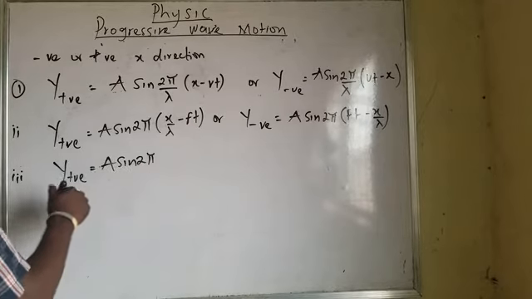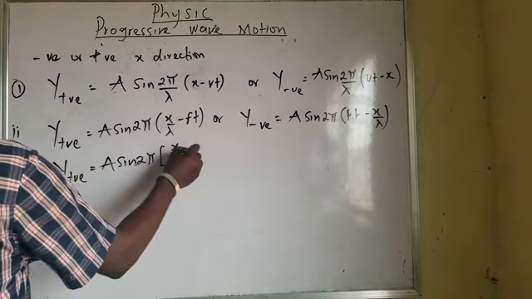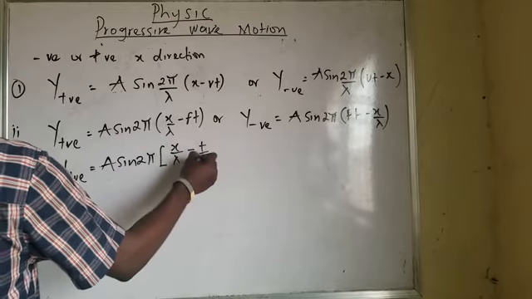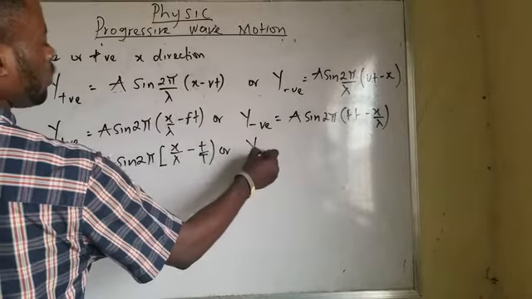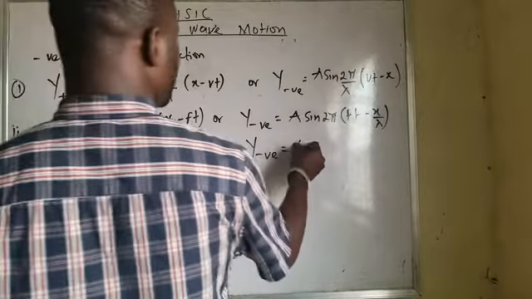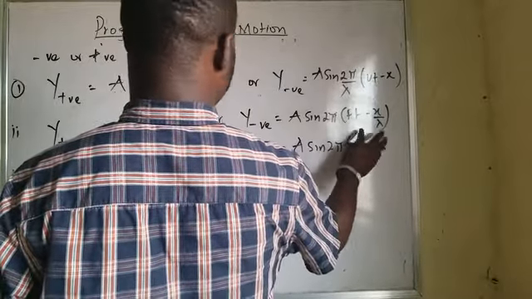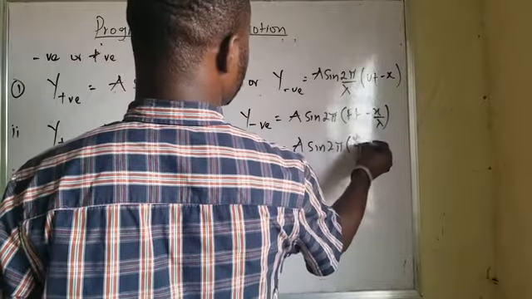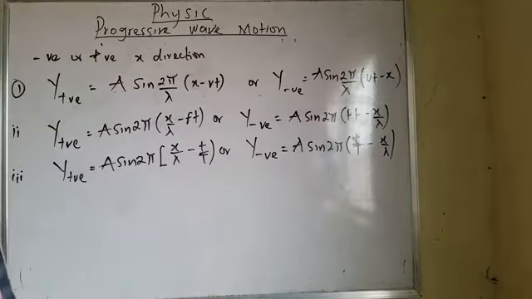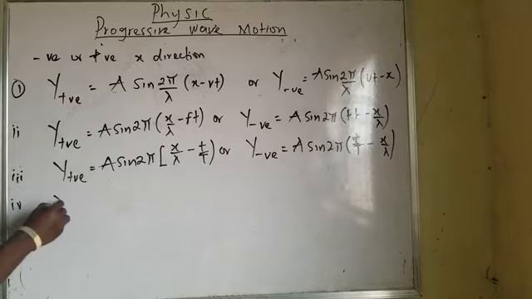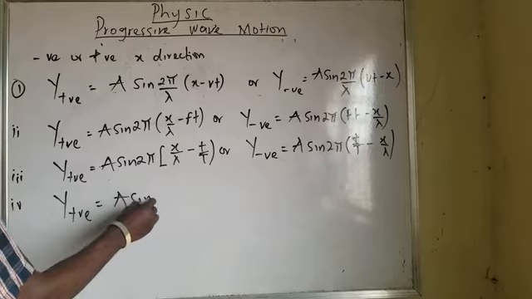2 of x all over lambda minus t all over lambda over bt bracket of, or of negative will be equals to a of sine 2 alpha bracket of t all over minus x all over lambda. That is that. And the next one we'll be talking about this, which is of positive, will be equals to a of sine